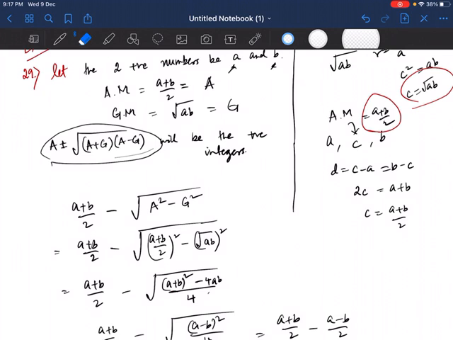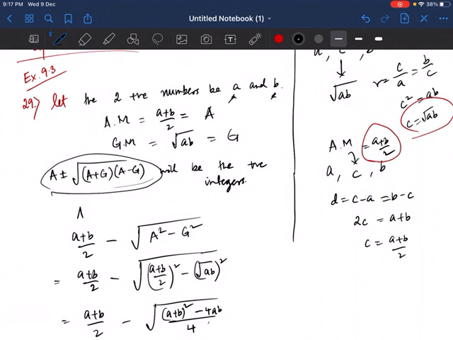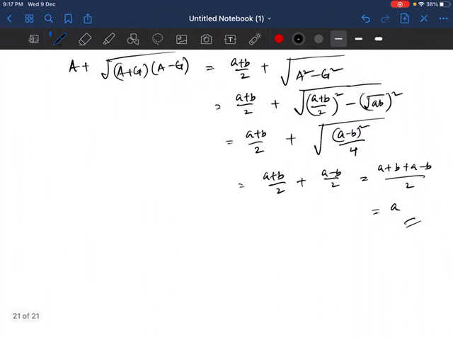These things are no need to write. Okay, clear? So you will write this one, a plus minus g will be the positive integers, and then after taking one of them, I will write here a minus root over of a plus g, a minus g. So we prove that this a minus thing is the element v, and that a plus 1 gives the element a. Okay, so this is how we do it.